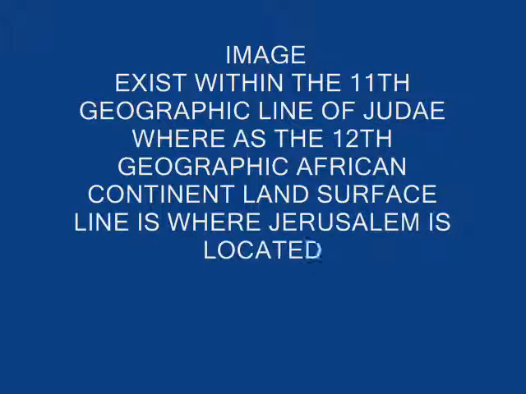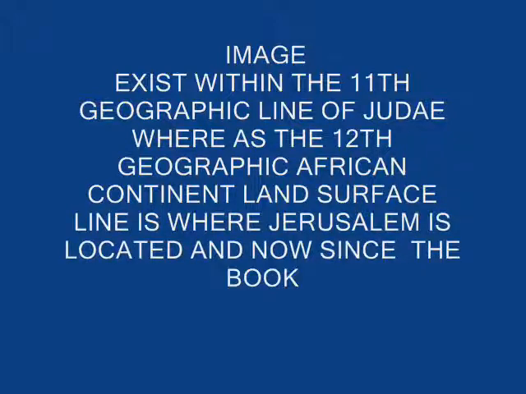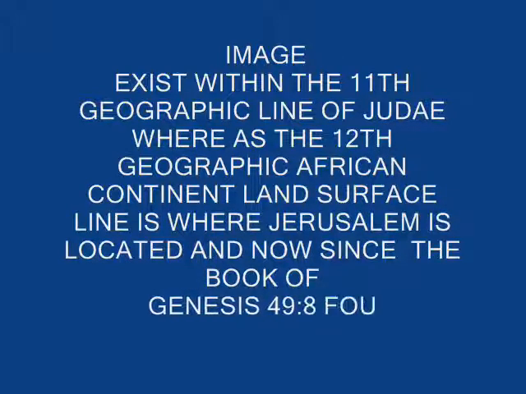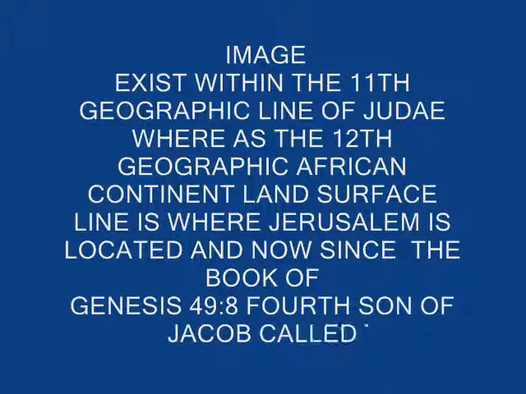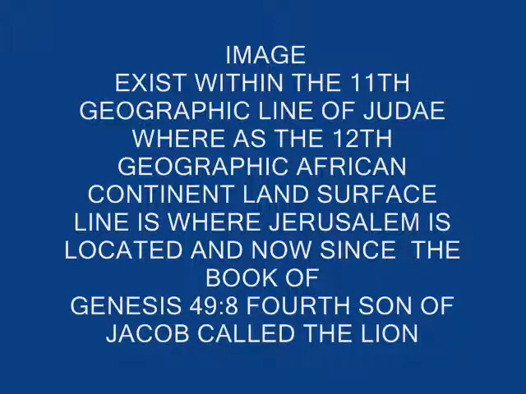So this is like if you stand in front of the African Sphinx in front of the Isaiah 1919 North African Egyptian pyramids, and you take a picture of his face with your cell phone, you're looking at a U-shaped face within the royal Egyptian headdress. But if you draw a line from the left and right side of the headdress up till they meet, you're going to see a triangle. So then when we go back to the area viewed African continent as seen with space or with satellite imagery, we're looking at the northeast African continent land surface line where Judea and Jerusalem is located.